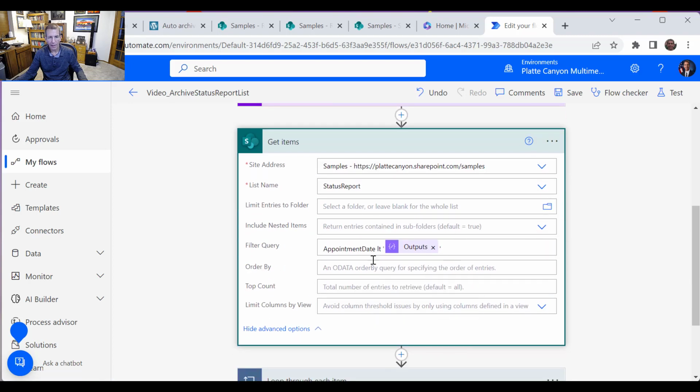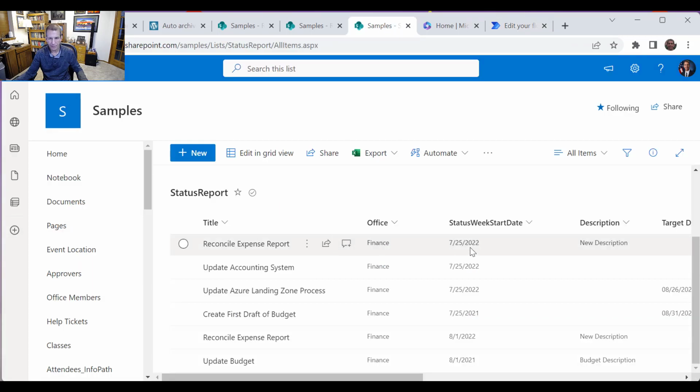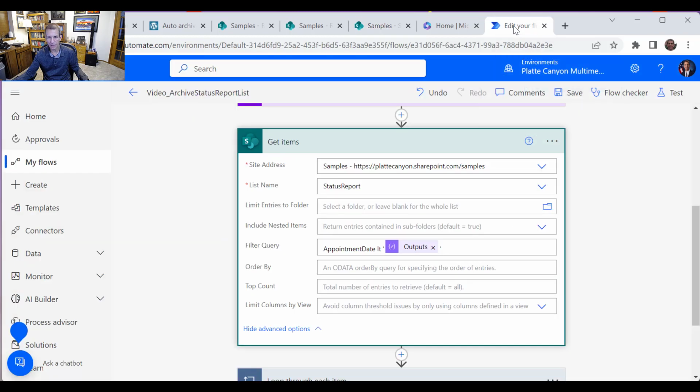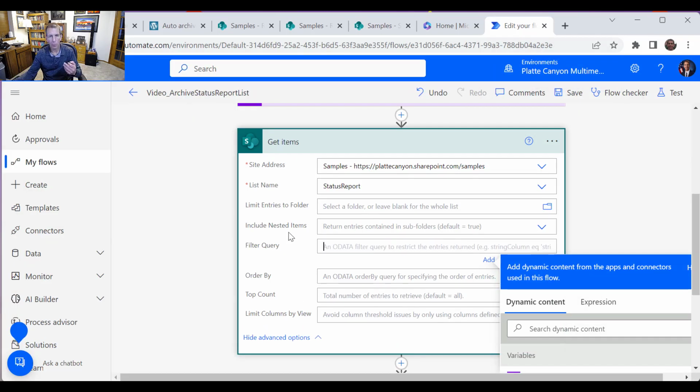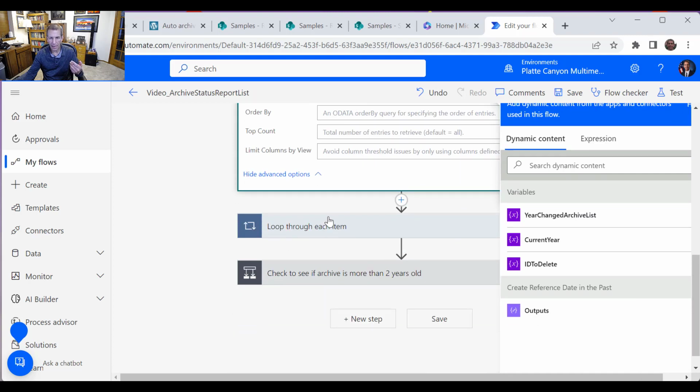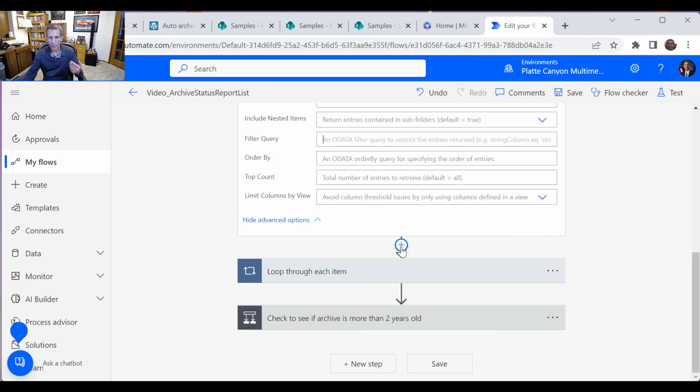And then I have to do something different for this filter query, because that status report, if I come over here, this status week start date, it's actually text. So I can't just do the less than, because it won't do that. There's no way to format it inside the loop as text. So I've got to do it a little bit differently. I'm going to just get rid of this completely, and that will bring me everything back. And so what I've got to do now